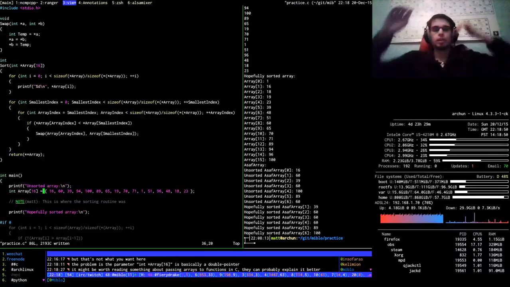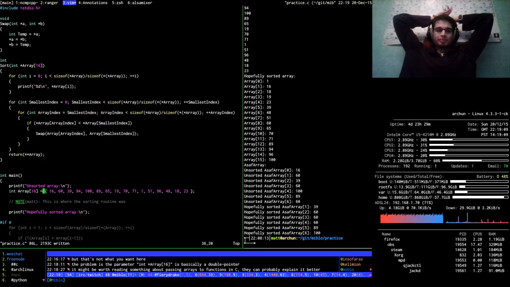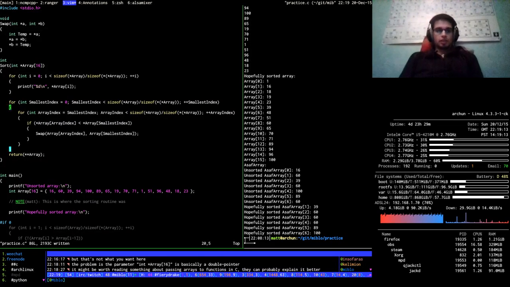I'm actually wondering, do we want this to return the values, or do we just want it to be another void thing? Because the swap function here just does it all in the background.